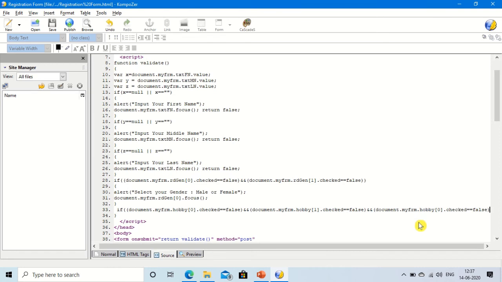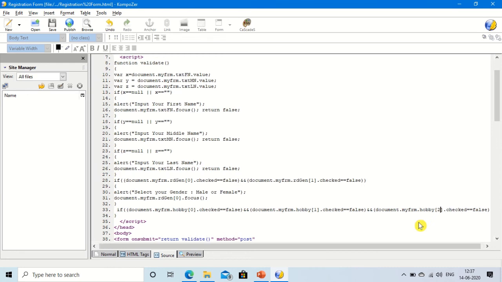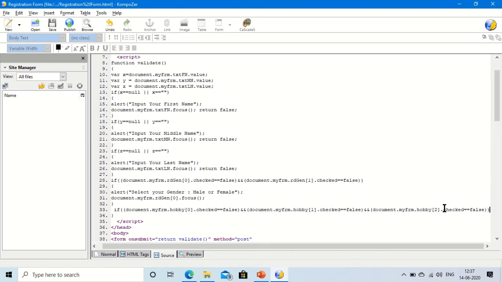You can see here what will be here. Here will be 2 for third. Now, give a start curly bracket for if and close the curly bracket. Here you mention the code alert, select your hobby,